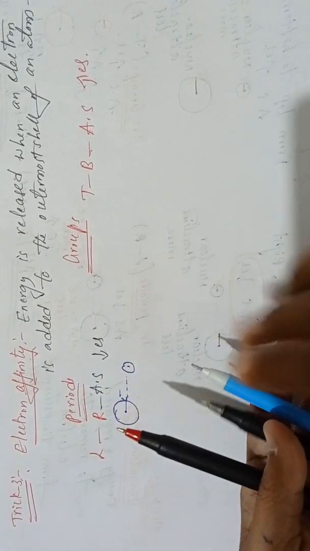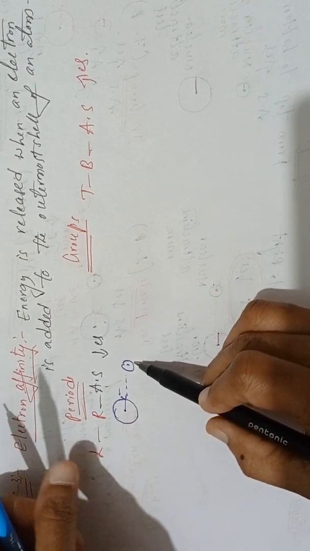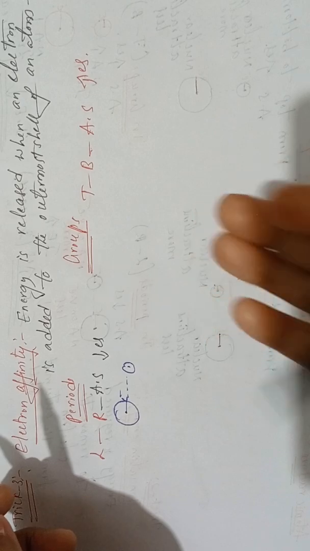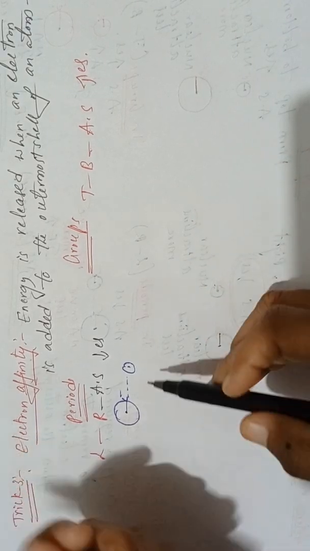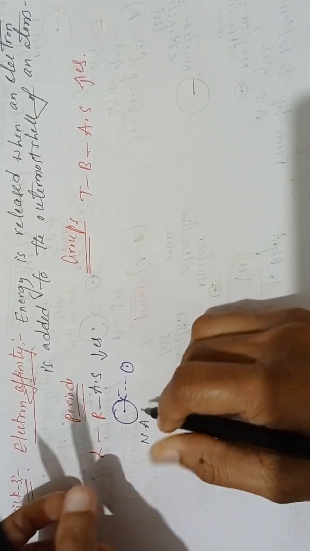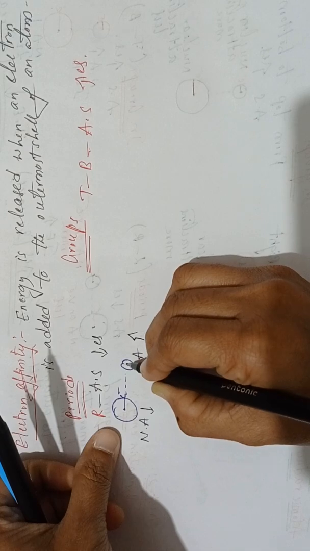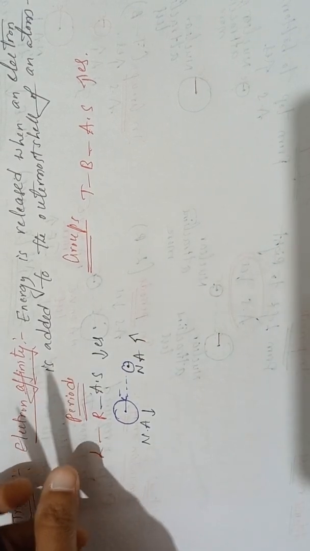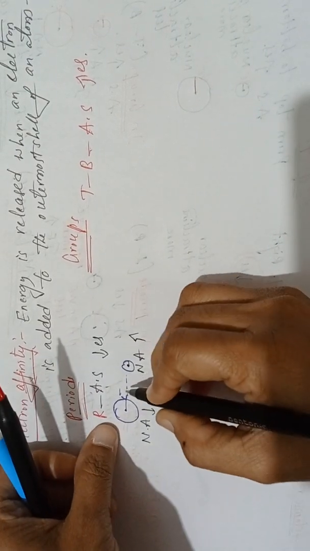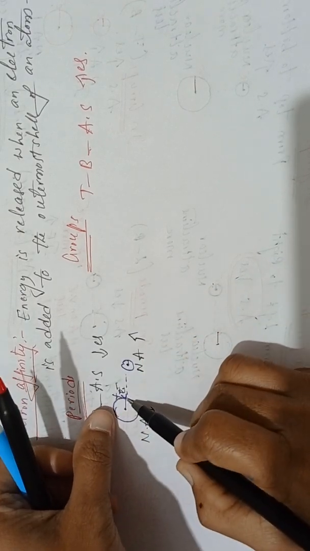From left to right, what happens, students? Atomic size decreases. What about electron affinity? Electron affinity is the energy released when an electron is added. Now see, students, the nuclear attraction here is less, and here the nuclear attraction is more on the valence shell. So what is happening whenever we add an electron to the outermost shell, students,